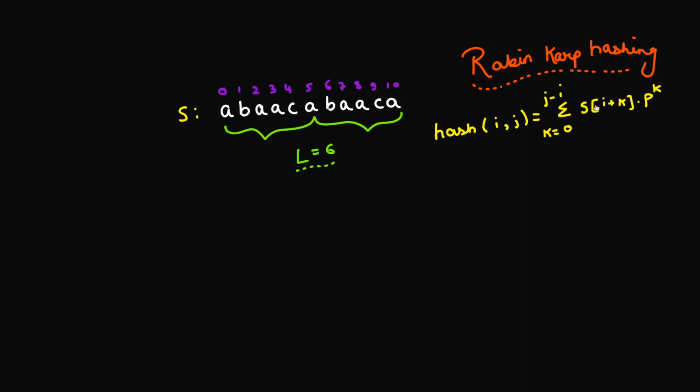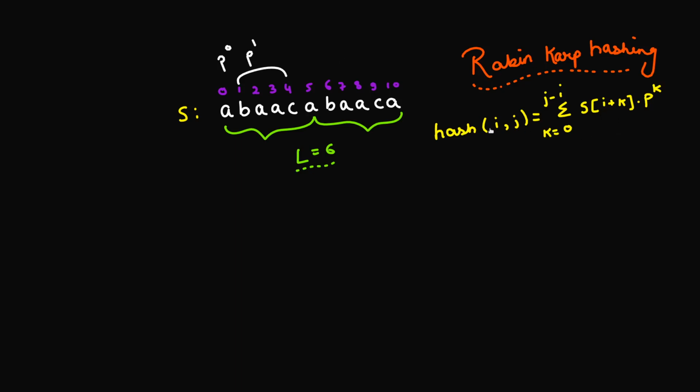This is a very simple hashing technique which says that suppose you have to compute the hash of BAAC. What you'll be doing is considering only this section, and multiplying the first character with p to the power 0, where p is a prime, the second one with p to the power 1, and so on. That's what the formula also suggests.